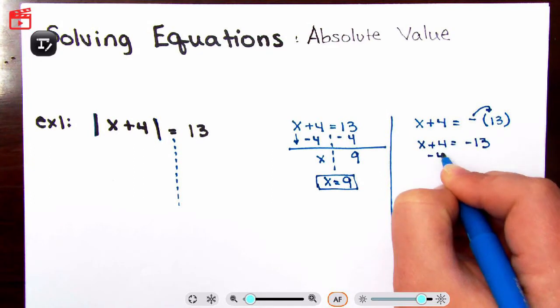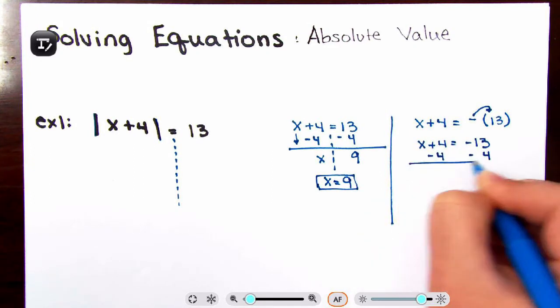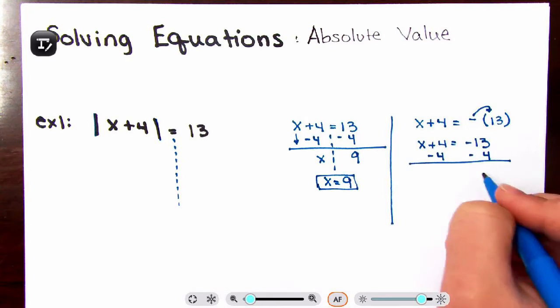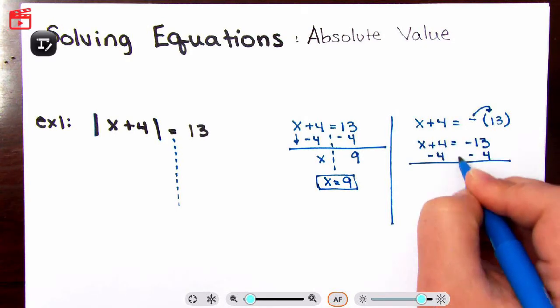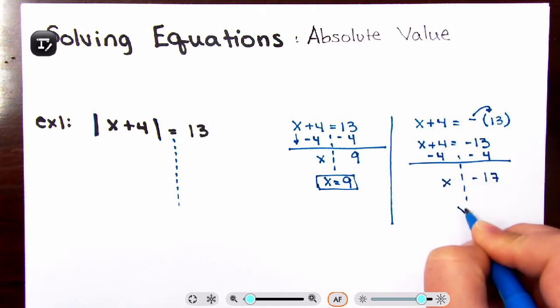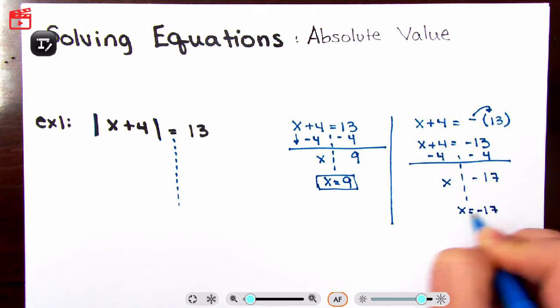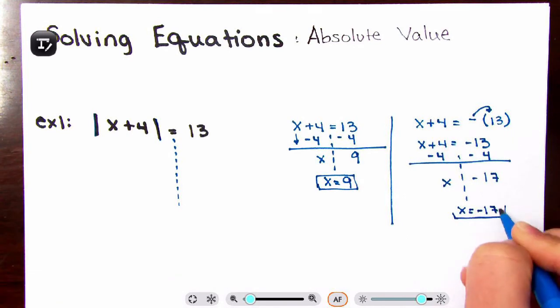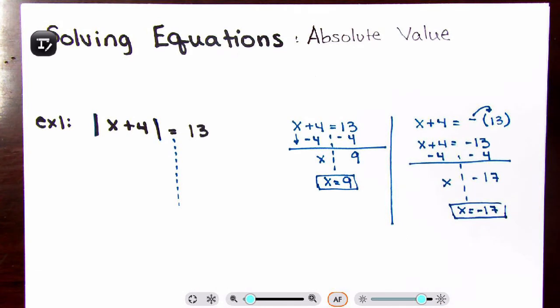I'm going to subtract 4 both sides. I have a negative and more negatives. That means I have a 4, 5, 6, 7, negative 17 here. And I have an x bring down. So our secondary possible answer is negative 17. Is that our answer? Maybe. We don't know yet. So in order to check if it's our answer, we're going to come back here to